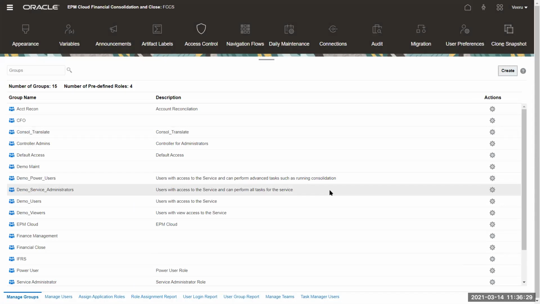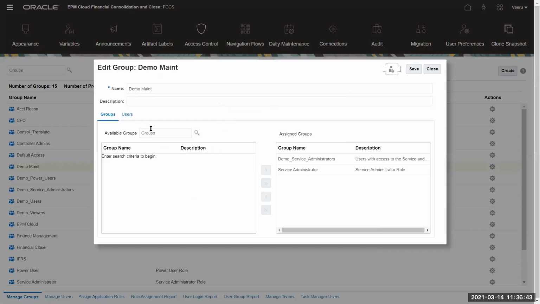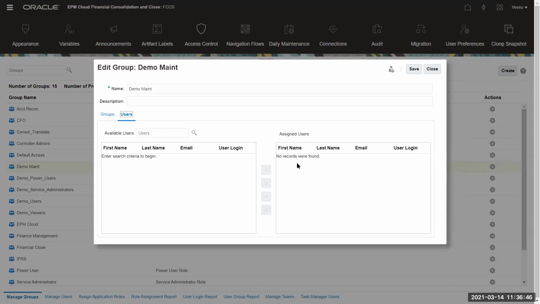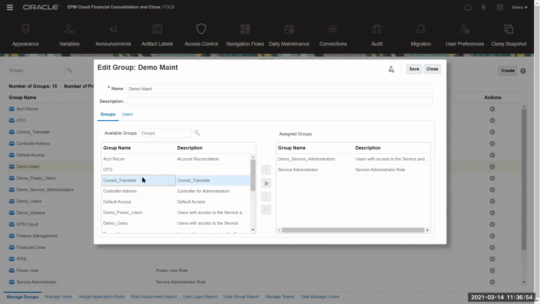Once you create it, you can add users to the group during the creation time, or if you want to add users to the group at a later time, then you go here, click the access button, click this, edit it, and then you can add users to the group. In this case, the demo and maintenance groups are already part of it. If you want to add more groups, search with this button, select this, click on this arrow, and it will add it. There is one more arrow, which means move all items to the other list. Since all these groups would be added to this group, which you don't usually want. But sometimes if you want to do that, yes, you can do that.